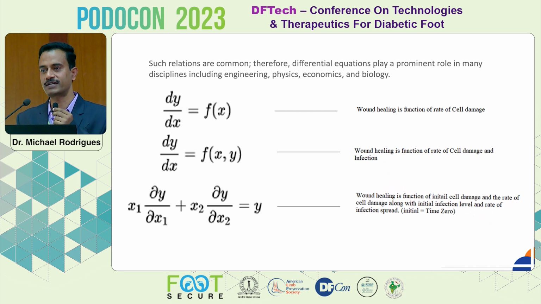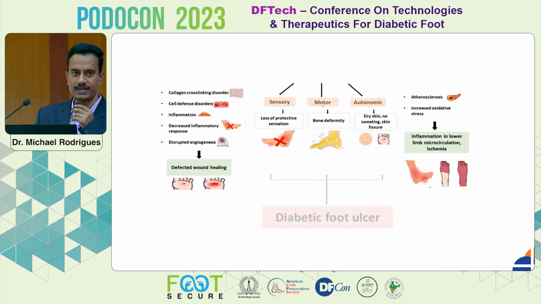Or if I want to make it a still more complex equation, I can say it is a function of the initial cell damage and the rate of cell damage, plus the initial infection plus the rate of infection. The initial is at time 0. So the point that I am trying to make here is